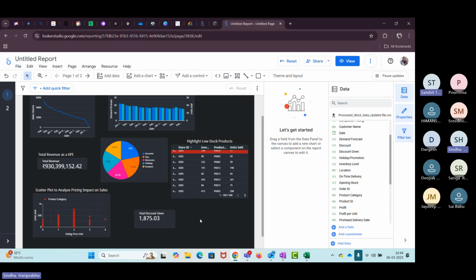Okay, so this is the overall presentation about how to use Looker Studio, but this is not it. This is a very basic introduction about data visualization, and we are just preparing you for performing your final project. Before you go for your final project, you are going to have a few sessions giving you proper domain knowledge.